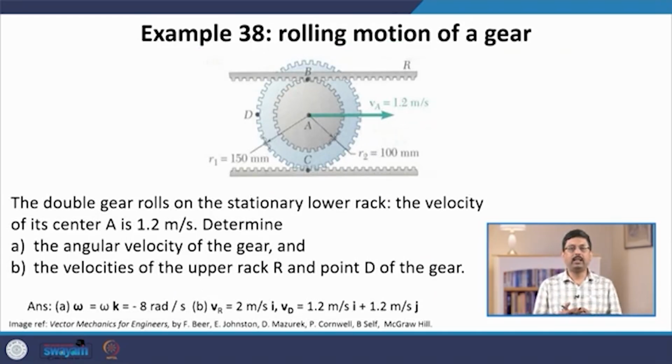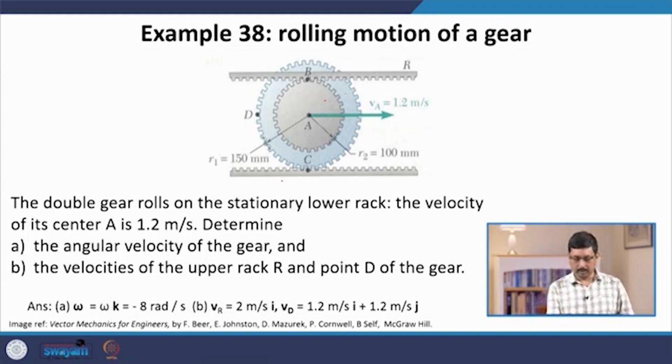So, let us now apply these rules systematically to solve problems, because our goal is always to develop a method to solve problems. So, let us look at this problem. Our first problem is the following. We have a rolling gear. This is a picture of a gear. It's a double gear, 1 and 2, gray and blue, two gears, and they are moving in such a way that